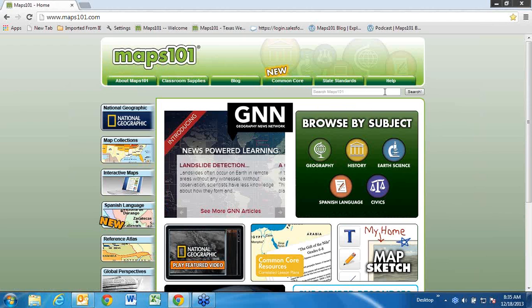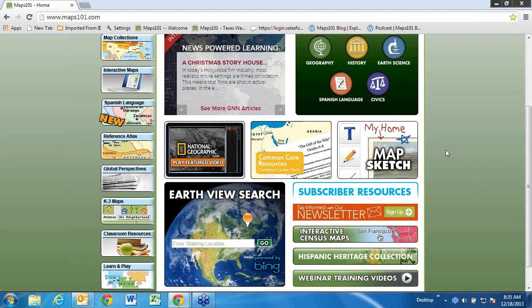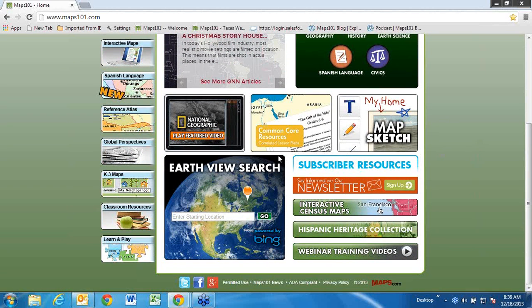The third way to search for content on Maps 101 is located at the bottom of the home page, and that is to search by location. We do so using the Earth View search, which has incorporated Microsoft Bing satellite imagery into our search engine, and that allows you to search for content by location. Let's use the same example, videos of the Civil War. And so in our search box here, again, we'll type in that broad search term, Civil War, click Go,